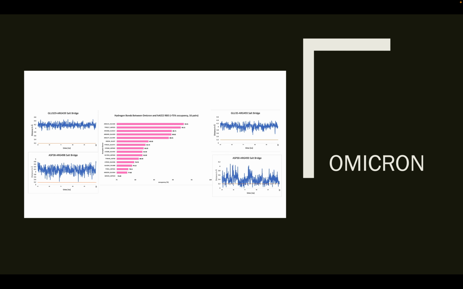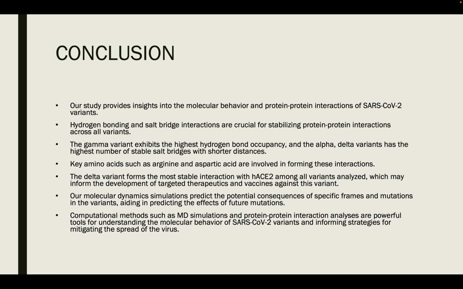And coming to the conclusion, our study has provided valuable insights into molecular behavior and protein-protein interactions of COVID variants with HACE2. Our findings suggest that hydrogen bond and salt bridge interactions play a critical role in stabilizing protein-protein interactions across all the variants. We have identified key amino acids involved in forming these interactions, such as arginine and aspartic acid. Furthermore, we have identified differences among the variants, in which the gamma variant exhibited the highest hydrogen bond occupancy,